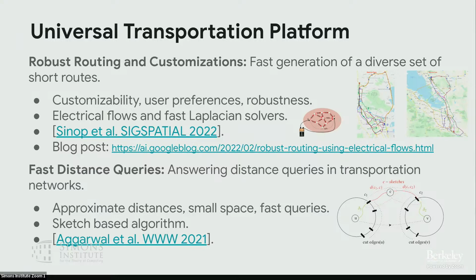And then something most of you are also familiar with are these distance oracles. Can I get a notion of an approximate distance? I mean, we don't need to get the exact shortest path, but if I can get some approximate distance very quickly, what can I do with it? We are sure that this is going to enable a lot of applications for us, and there are some directions we're exploring in this space as well.